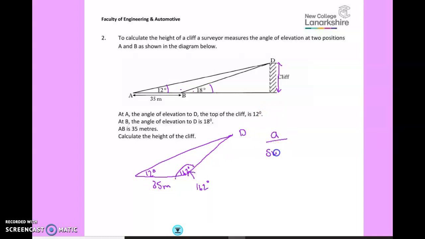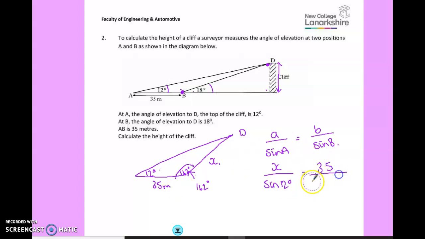So A over sine A is equal to B over sine B. We are aiming to find a side inside this little triangle here. So I want to work out the length of BD. So that's the one that I want to find, because that would give me a line inside my small triangle. So I'm going to make that x over, cross on that side is 12 degrees. So we get x over sine 12 degrees is equal to 35,